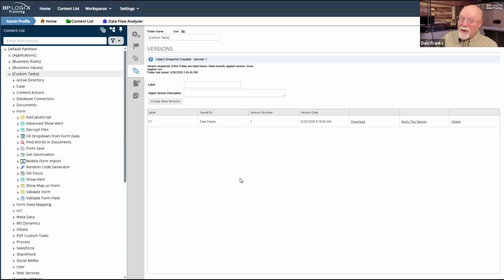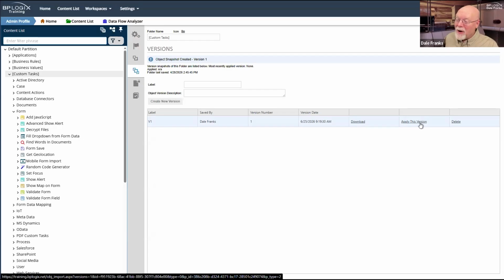And if you have versions of your previous working model, then you can always just click apply this version, and you can escape the horrible situation that you may have designed yourself into. So it does give you a quick out and returns everything to status quo ante. So you should probably be thinking about versioning a lot more than you are.